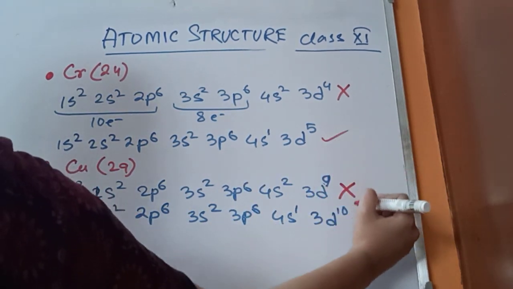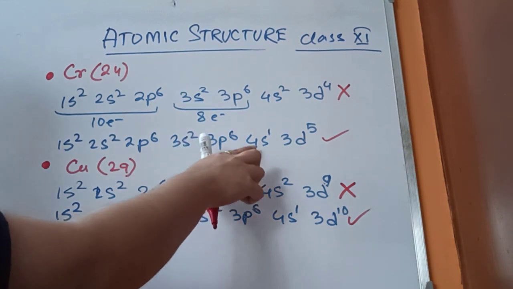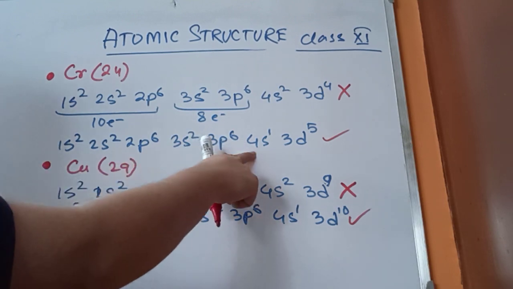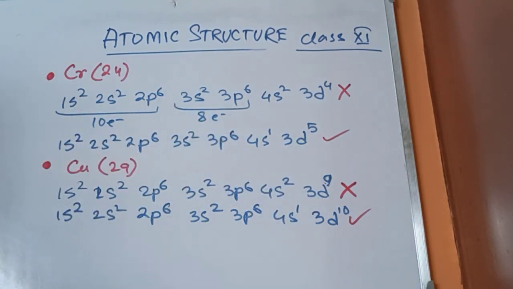So you can see that whatever you have learned, first the 4s orbital needs to be completely filled, then only you can fill the orbital with the higher energy, that is the 3d. But you are seeing here that the 4s orbital is partially filled, half filled you can say, and the 3d orbitals are having 1 electron each. So these two are the examples of exceptional electronic configurations.